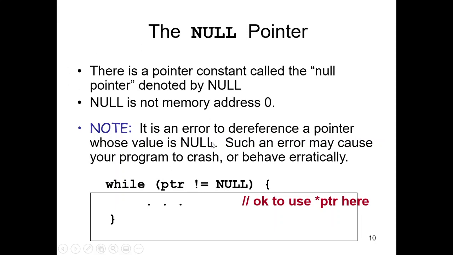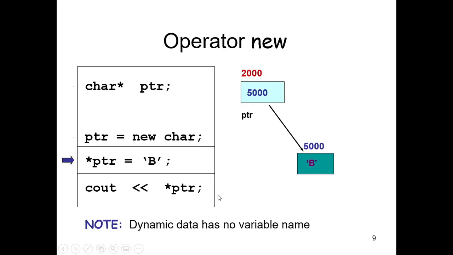If a pointer has the value null, so you cannot dereference it. अगर आप उसको डी-रेफरेंस करना चाहते हैं, डी-रेफरेंस ये है, ये जो यहाँ पे हमने ये काम किया है, this is dereferencing. So if a pointer has null value you cannot dereference it, you cannot access contents of that pointer, this will give you an error. ठीक है।